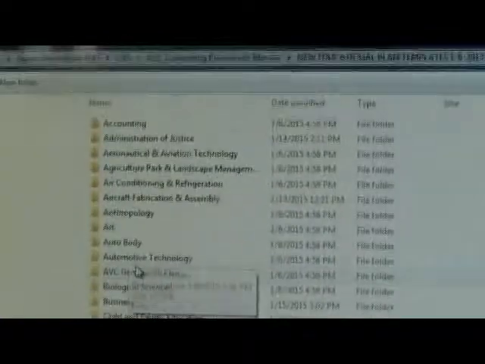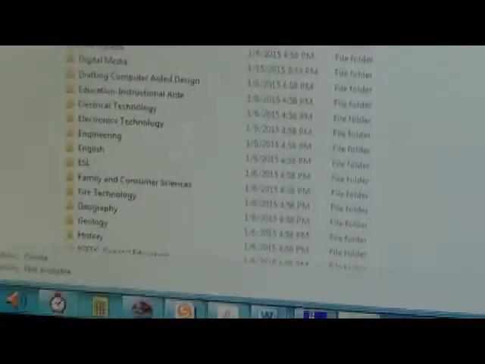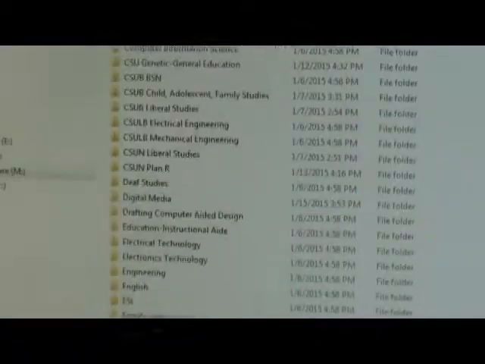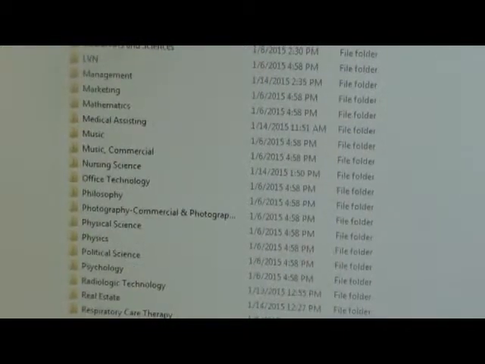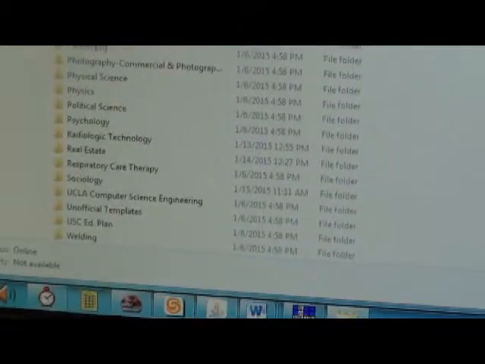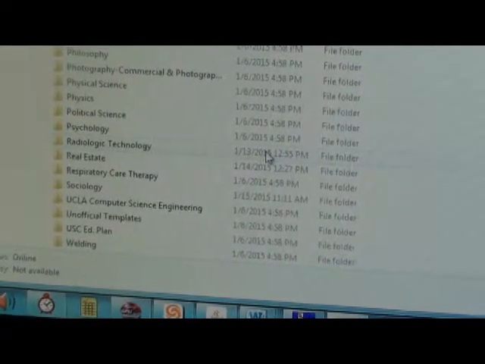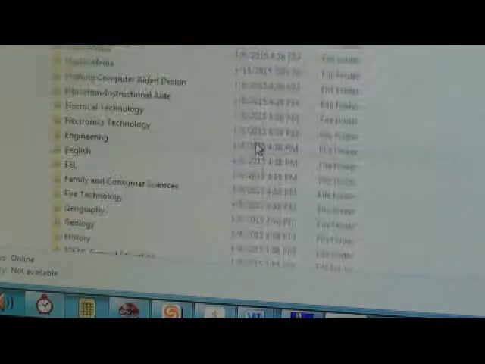All of our templates are here for just about every major and every case that we can think of. As you can see, we have quite a few. Haven't tallied that lately, but all the way to welding. I'm looking for business,